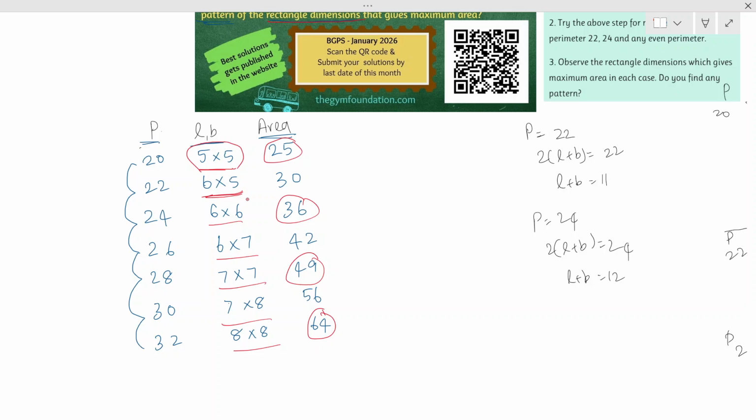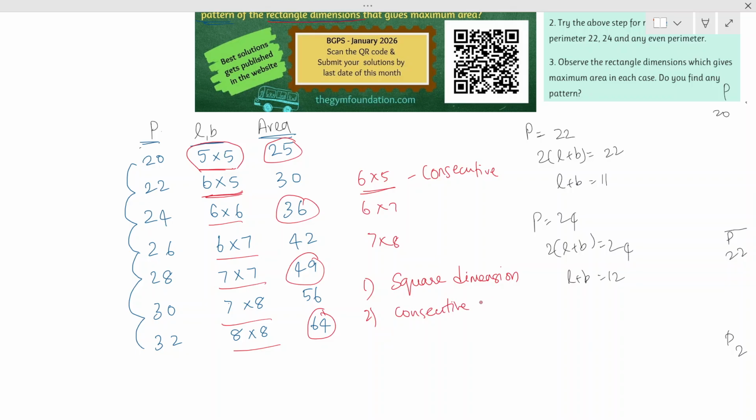It's not a random dimension, but 6 times 5. And then if you go further, 6 times 7, 7 times 8, and maybe next after this would be 8 times 9. So these are consecutive numbers, right? 6 and 5, 7 and 6, 7 and 8. What you can infer from this is that for any given perimeter, the area is maximized in two cases. One, it could be a square dimension, or it could be a rectangle with consecutive number dimensions,